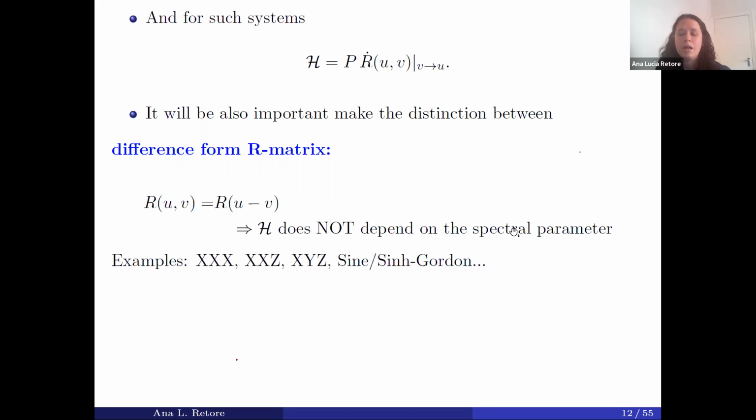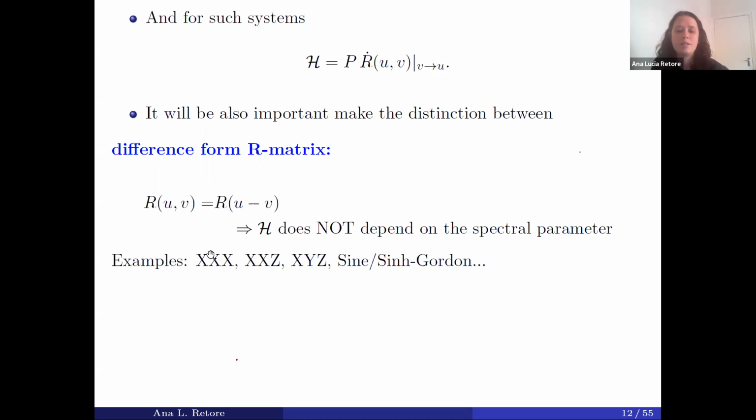And a huge number of known models satisfy this type of relation. So most of the known models are here. A consequence of this is that the Hamiltonian does not depend on the spectral parameter, again because it's written as the difference. When you compute the Hamiltonian here, you have to send u to v,